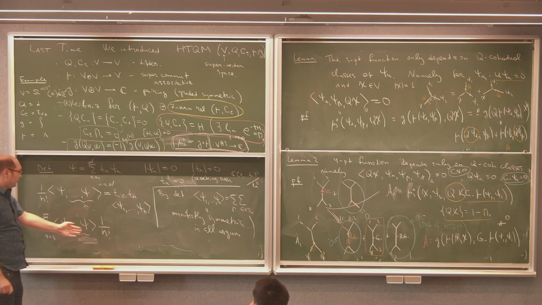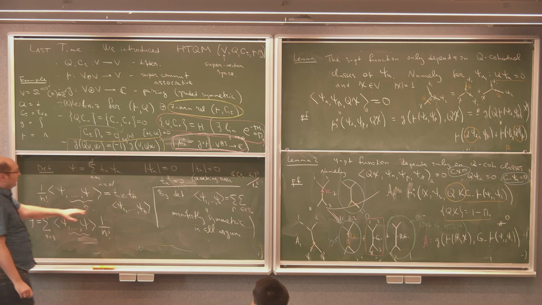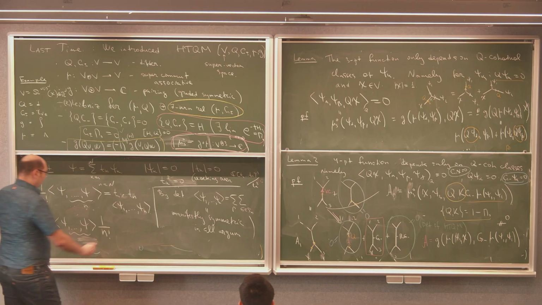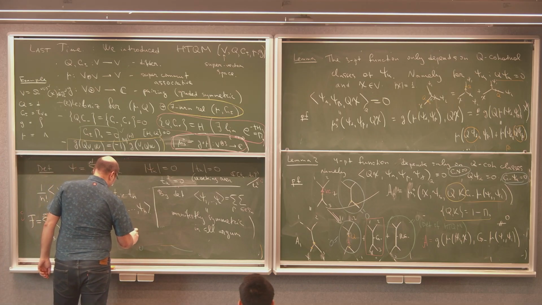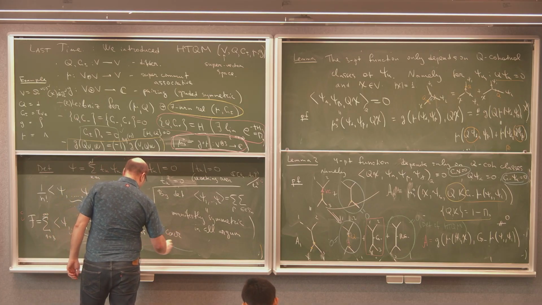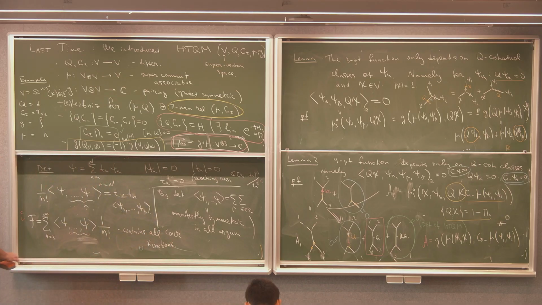So that is just a finite sum, and if we expand it in powers of t, it contains all possible correlation functions for these states. So that is a nice generating function,